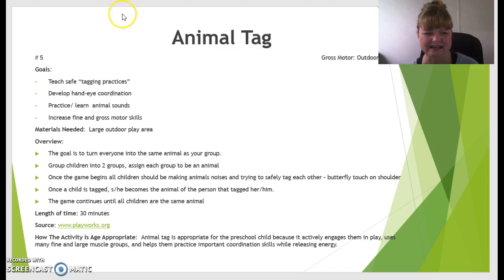The materials needed for this activity is just a large outdoor play area. Then we've got the overview, and this should be pretty specific because I want you to be able to look at the card and know exactly how to play this game or do this activity. So with animal tag, the overview, the goal is to turn everyone into the same animal as your group. Group children into 2 groups, assign each group to be an animal. So you might have dogs and cats, cows and horses, alligators and dragons, I don't know, however you'd like to